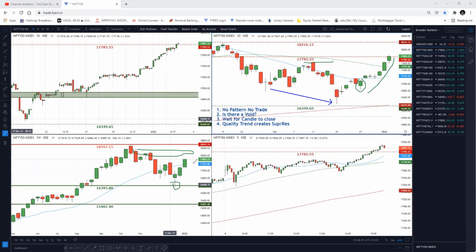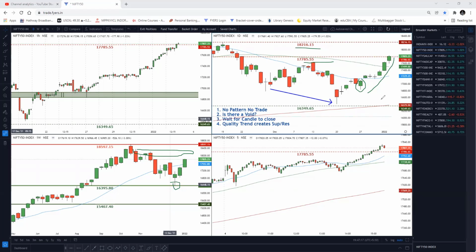This weekly bar is still under formation, but let's just assume that if it closes at its high as it is looking right now, then that will suggest even further upside movement from here. So as I just talked about this level here, which is this pivot high around 18,200, this is the next level of resistance, or the area of resistance, where Nifty has to reach after clearing this high. Now, as these highs are cleared, it means that Nifty is no more in a downtrend.